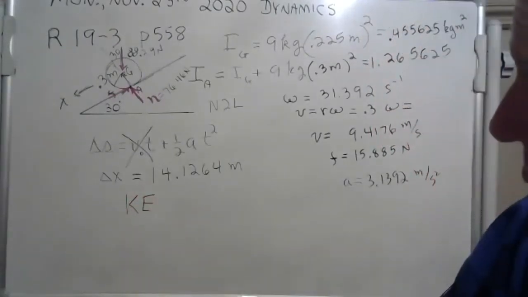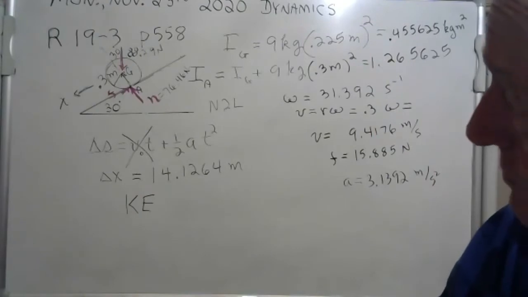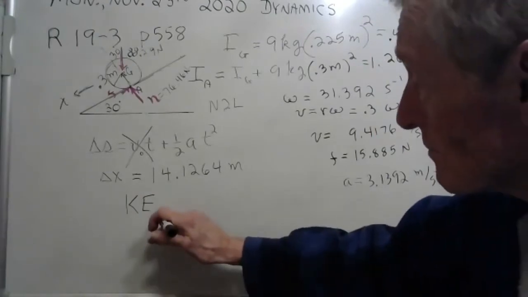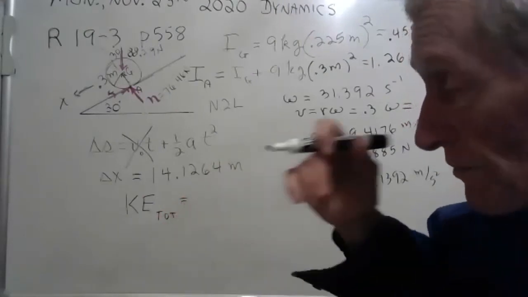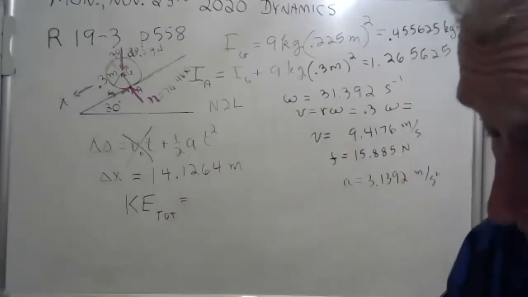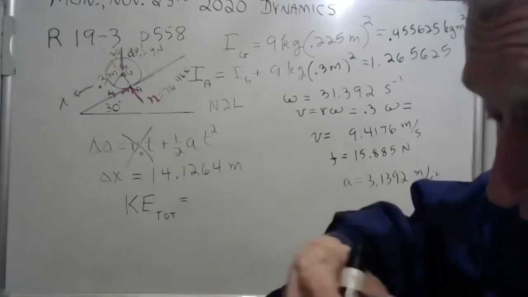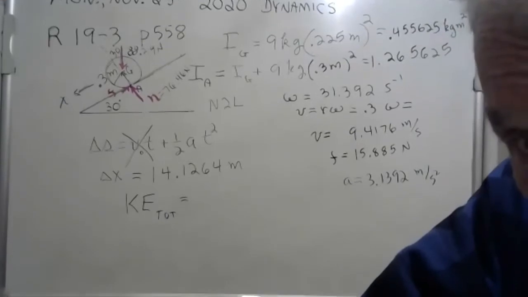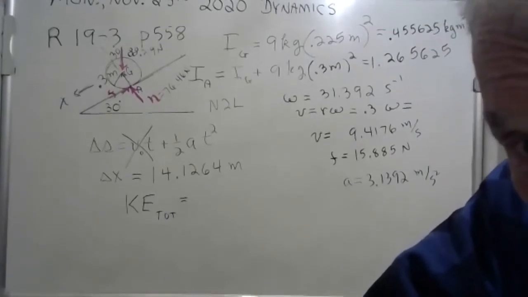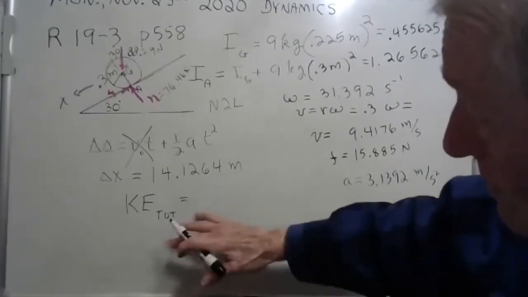The kinetic energy of the wheel. What is the total kinetic energy of the wheel? Of course, when you start, it's at rest, see? And then you let it go, and it goes faster and faster. And then after three seconds,